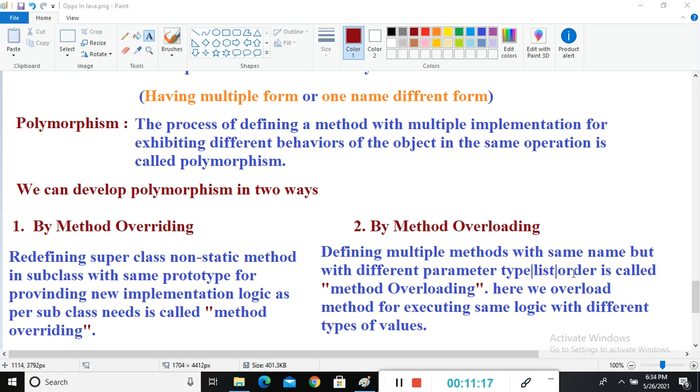So it means like this. I'm reading again so you can get clarification: defining multiple methods with the same name but with different parameter types, list, order is called method overloading. Here we overload a method for executing the same logic with different parameter types of values.